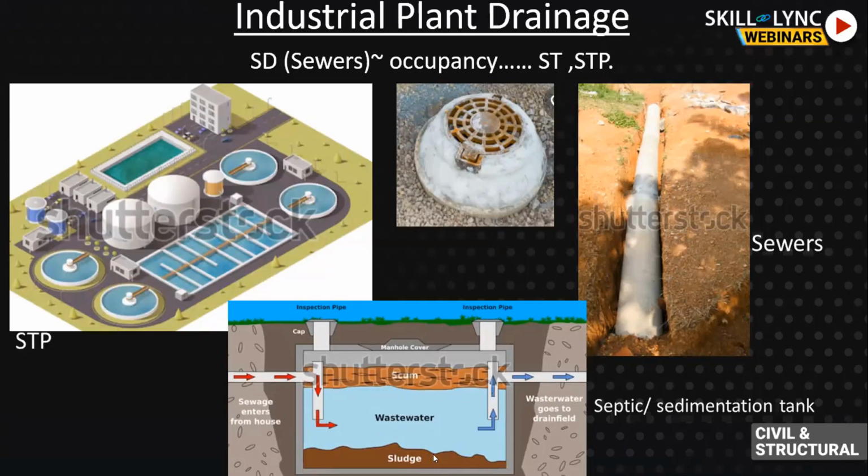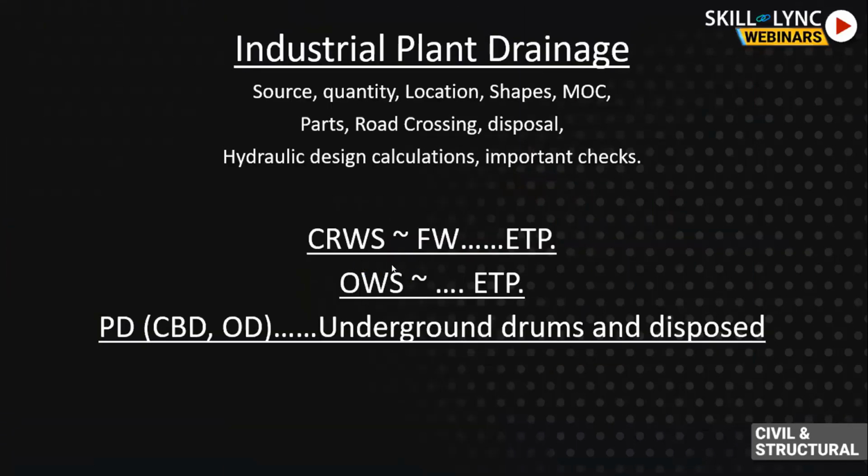The wastewater sludge sits at the bottom, and the upper scum is taken out from here, and then there are inspection pipes, or air vents also, to remove the foul gas from it. So like this, any system will have some intermediate inspection chambers or pits to drain it. Even in the oily water sewers, I told you, oily water sewers have oil separators in between.